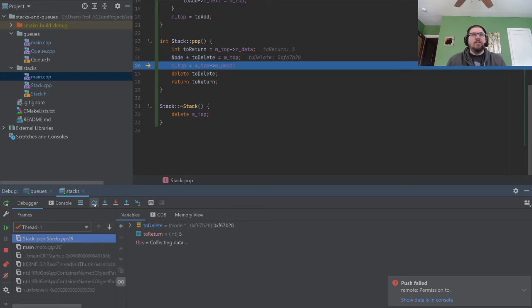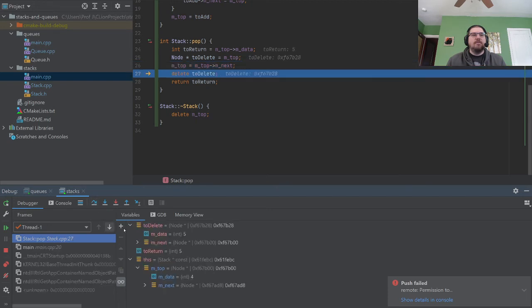Then to delete is the top, which is a node with 5 in it. Makes sense. Mtop equals mtop next. So next should be 4. So this top should go from 5 to 4, rather. Then I'm just deleting a node.